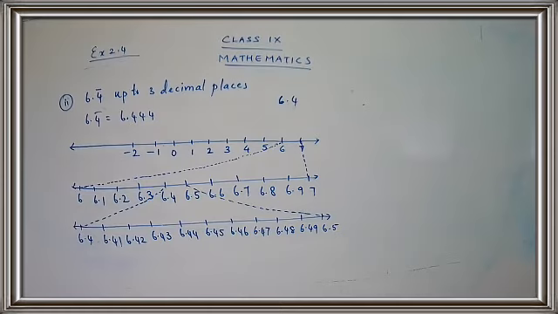Draw the number lines properly. So I have joined 6.4 and 6.5. I'm just saying that you have to use your scale for drawing the dotted lines. Draw a straight line as much as possible. You can keep the scale exactly on 6.4 and 6.5 and draw dotted lines. It will be easy for you. Have you completed?